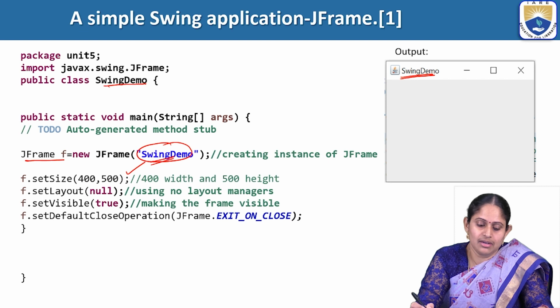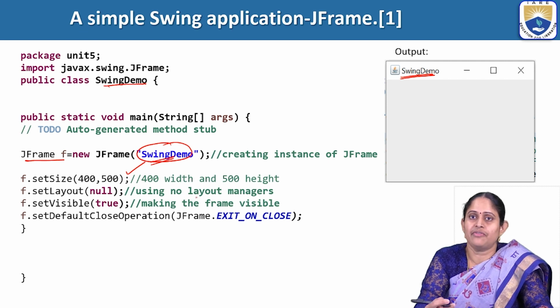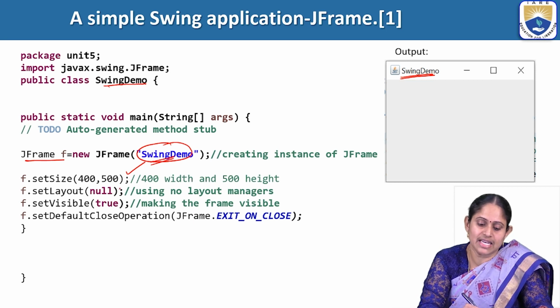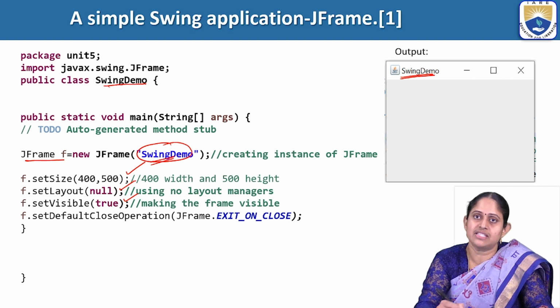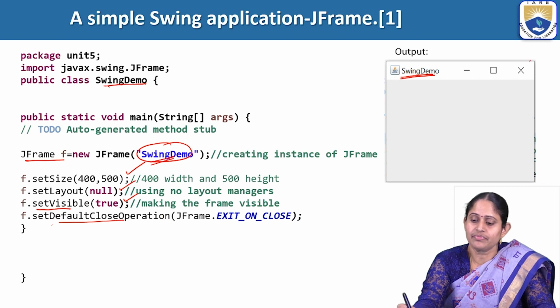Here we are not specifying any layout because we don't have any components as such to be placed on this. So we are setting the layout to be null. Then visibility is set to true using the setVisible method. So once we execute the program, to make this frame visible, we set setVisible to true, and